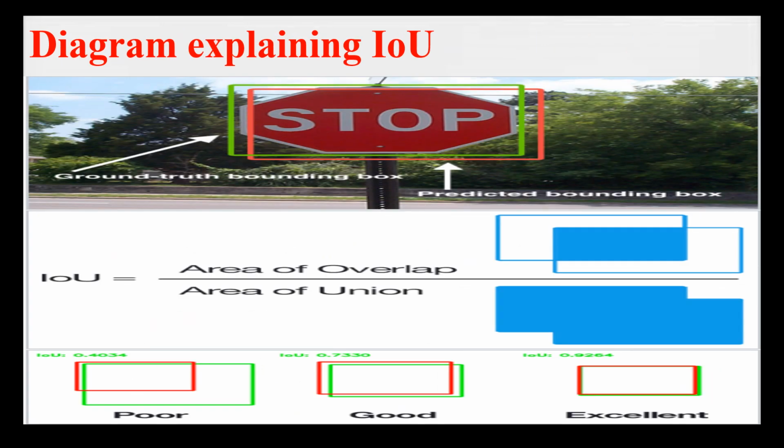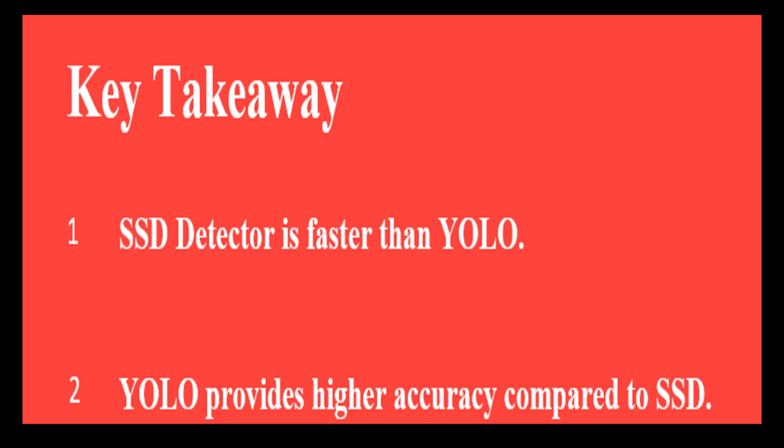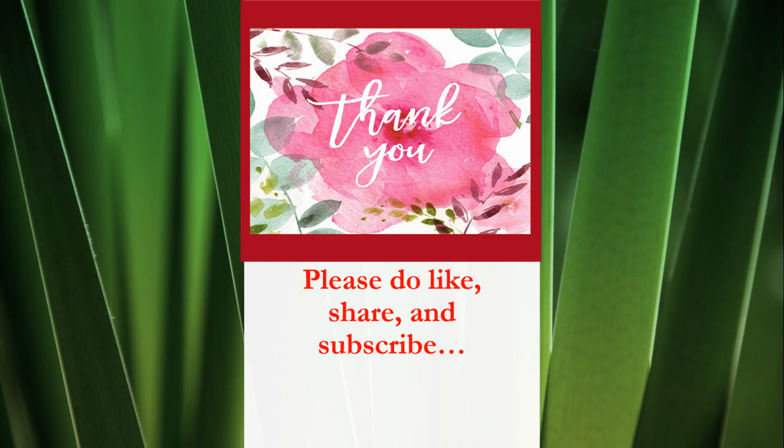Now here comes a diagram which shows the intersection over union. So here we know that intersection over union is the area of overlap divided by the area of union. So in case its value is greater than 0.5, then we consider it as a good object detection. Then these are the key takeaways from what we discussed: the SSD detector is faster than YOLO. Also, YOLO provides higher accuracy compared to the single shot detector. Thank